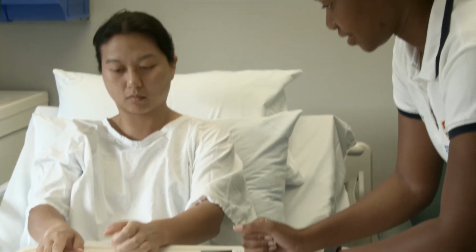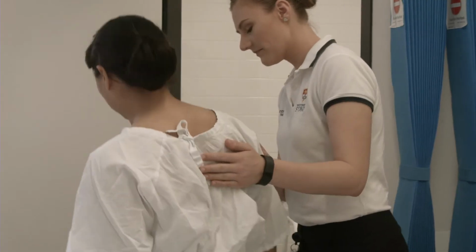I've been able to take on a caseload, work with patients, and really learn to develop interventions on my own as a student. I've had really good opportunities to work across a number of wards, and both in the inpatient